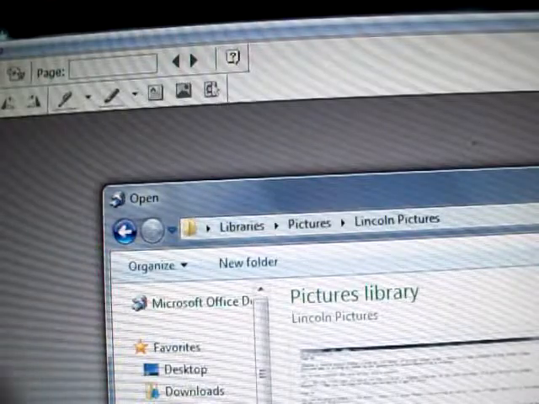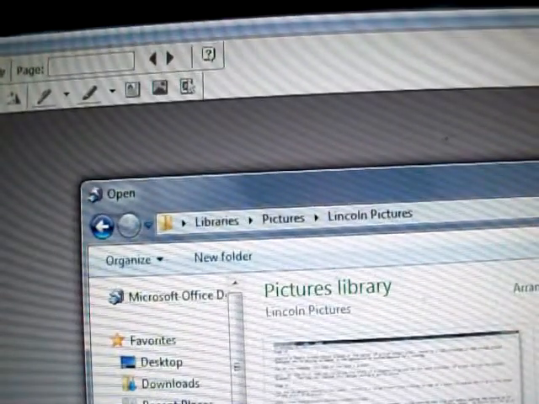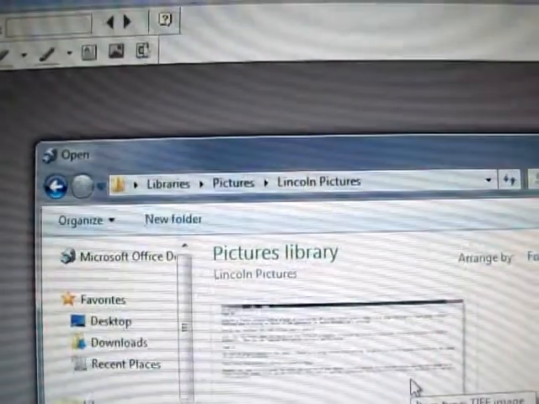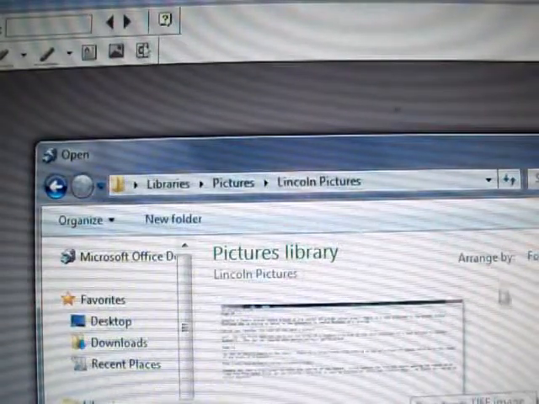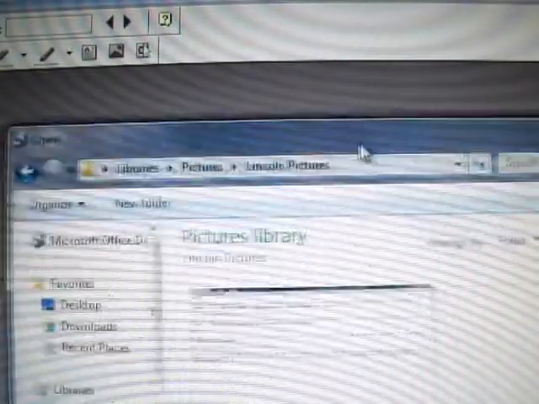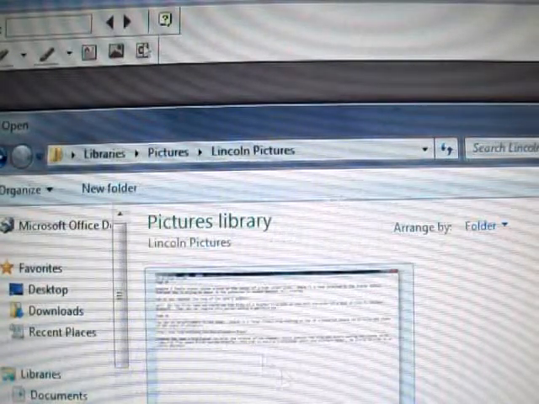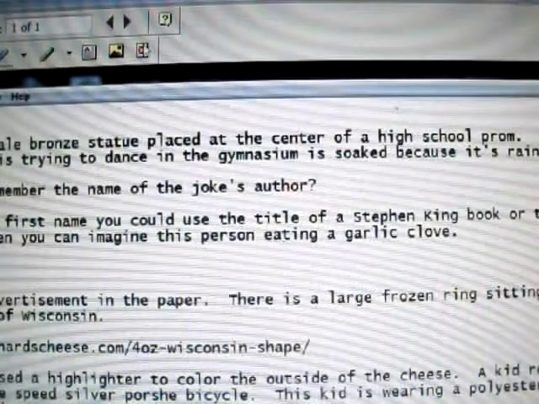Okay, there we go. Adjust this one more time. Okay, now we're right where we need to be. I've opened up Lincoln Pictures. We're going to click the test TIFF. I'm going to open it up. And then what we're going to do is